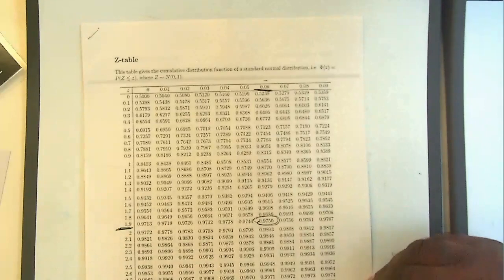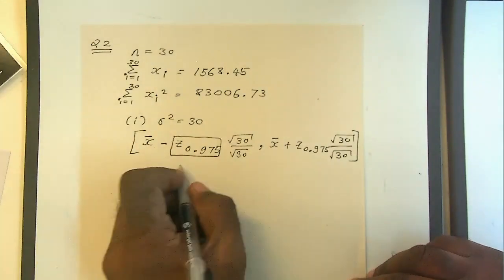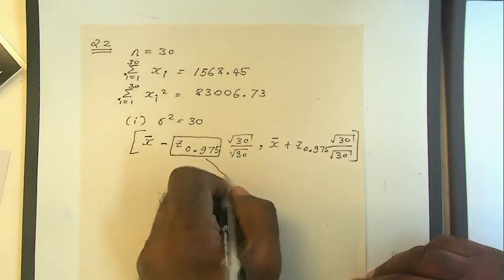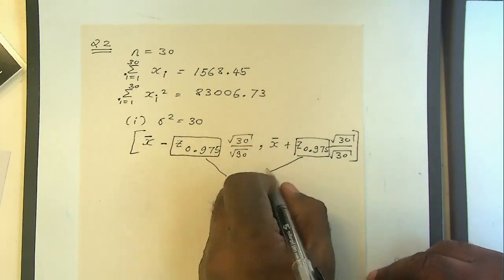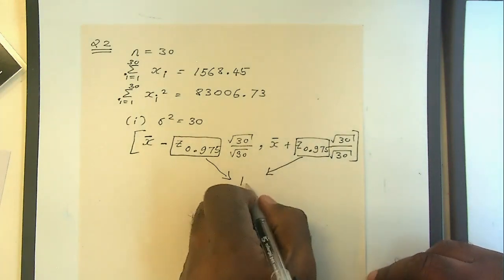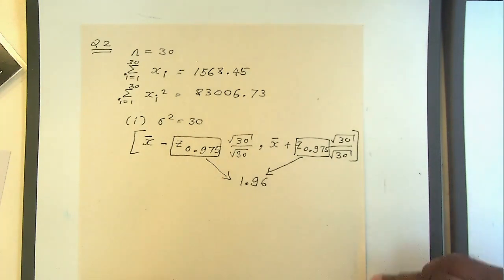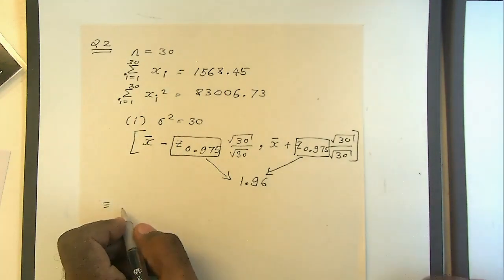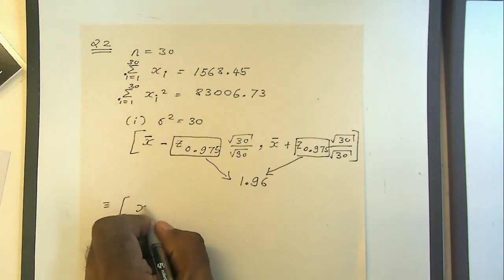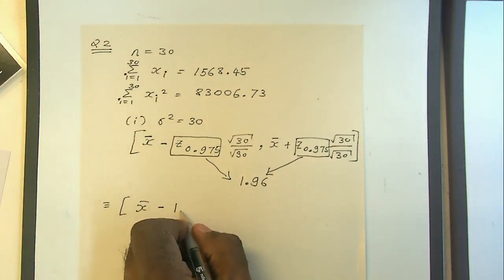So it's 1.96. So this guy is equal to 1.96, right? So this becomes x bar minus 1.96